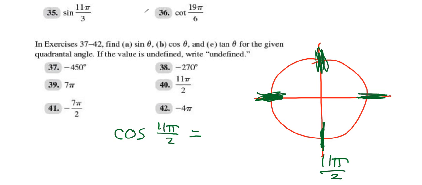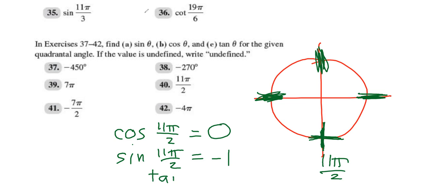Is cosine an x value, a y value, or a slope? What is the x value at the bottom? 0. Sine, is it a y value or a slope? It's a y value. So what's the y value down here at the bottom? -1. And what is the tangent